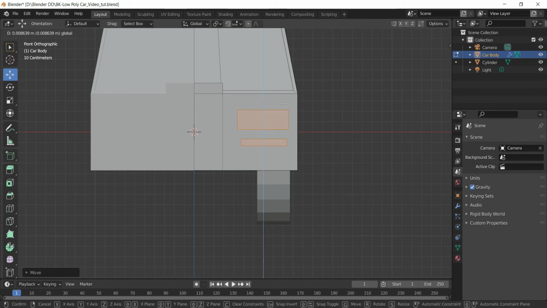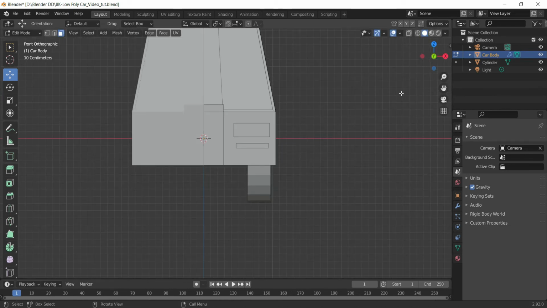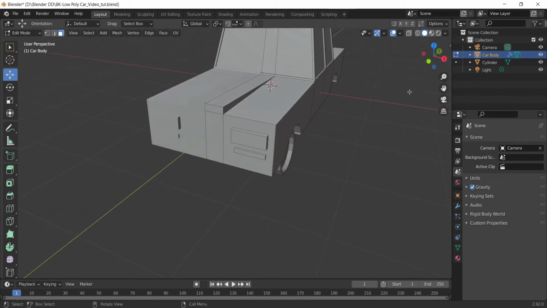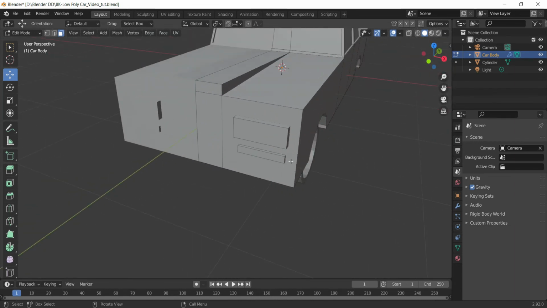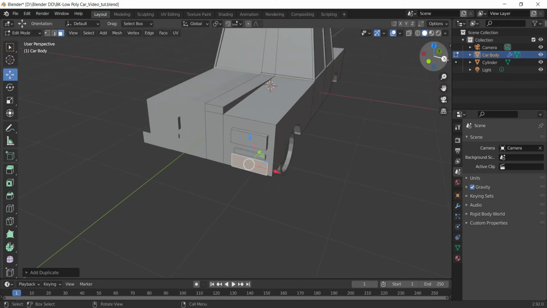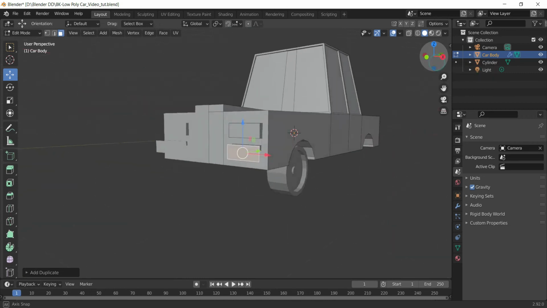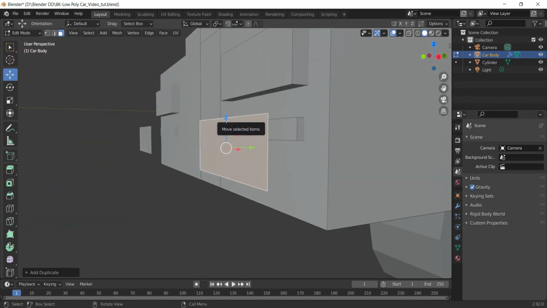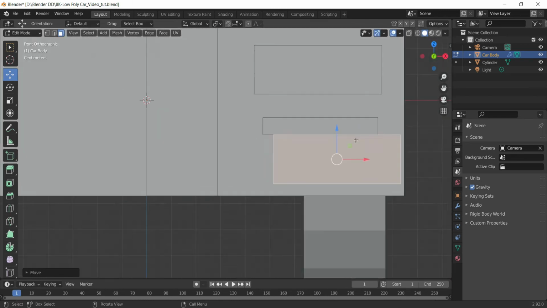All right. Now, one more thing I want to add here, a detail to the car, is a bumper. For that, what I'll do, let's duplicate this face. Bring it to the bottom like this.